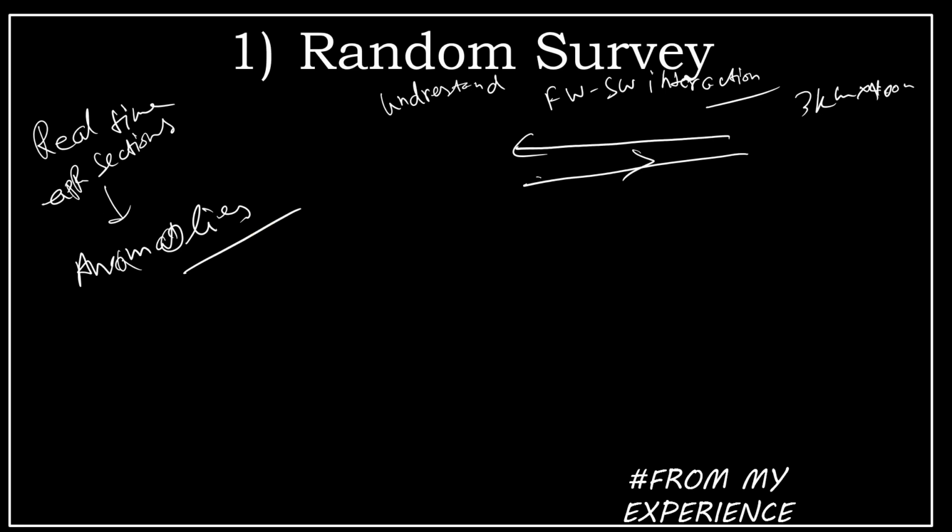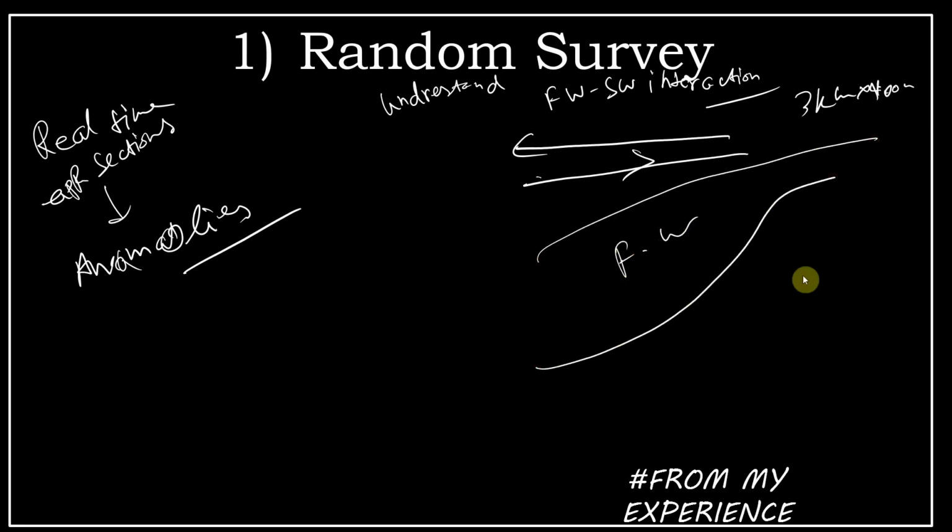There could be some high amplitude reflection, some nil reflection. Suppose this is the freshwater zone and this is the seawater zone. You will have reflection from the freshwater zone but no reflection from the seawater zone, so this boundary will appear as a high amplitude boundary. So GPR anomalies are